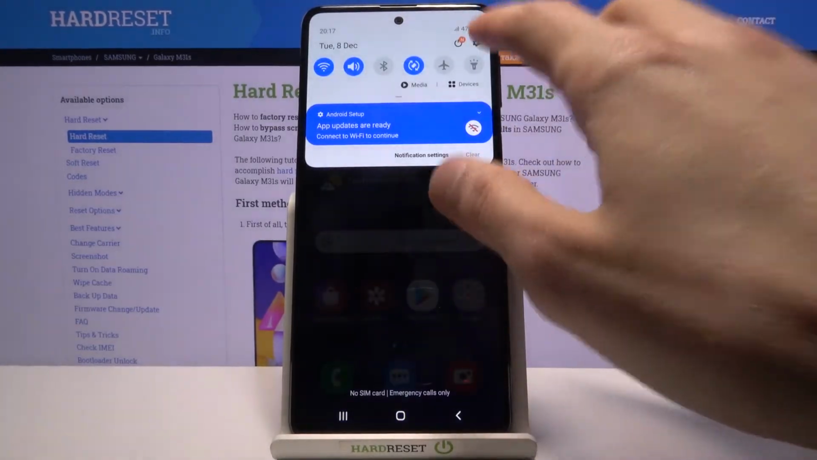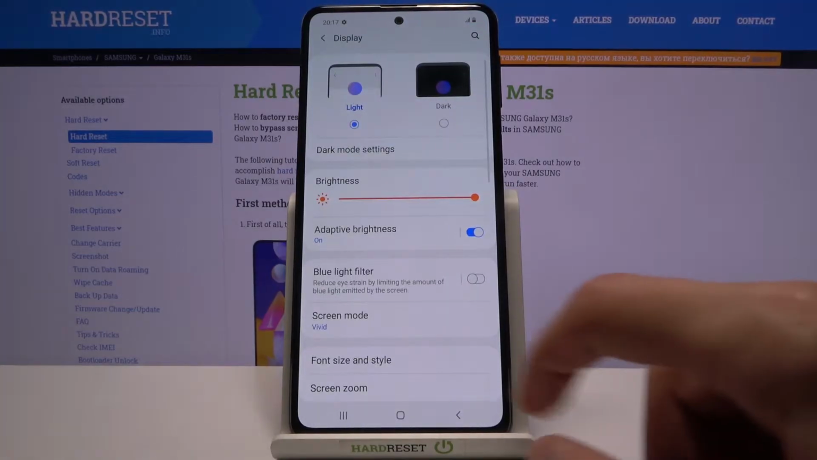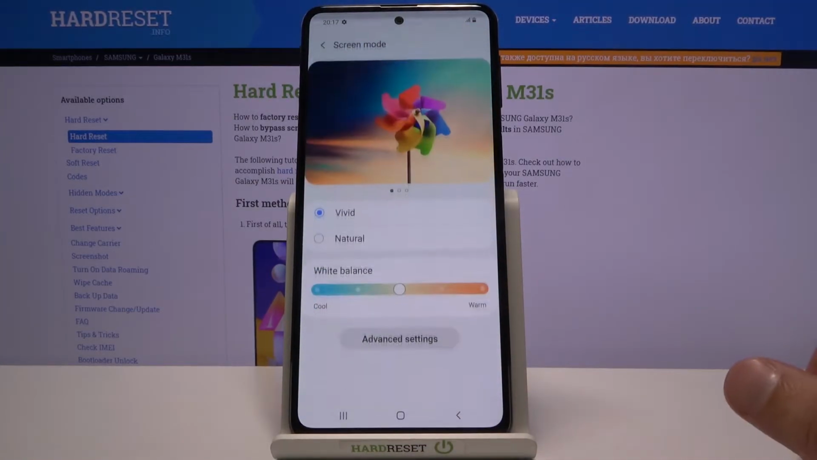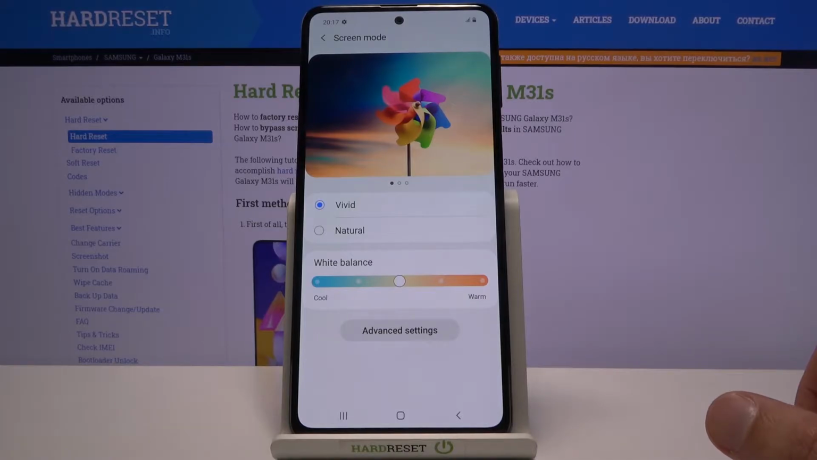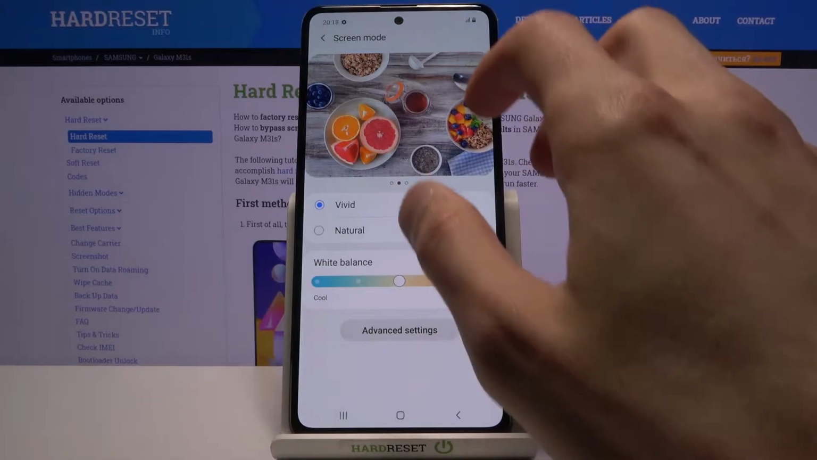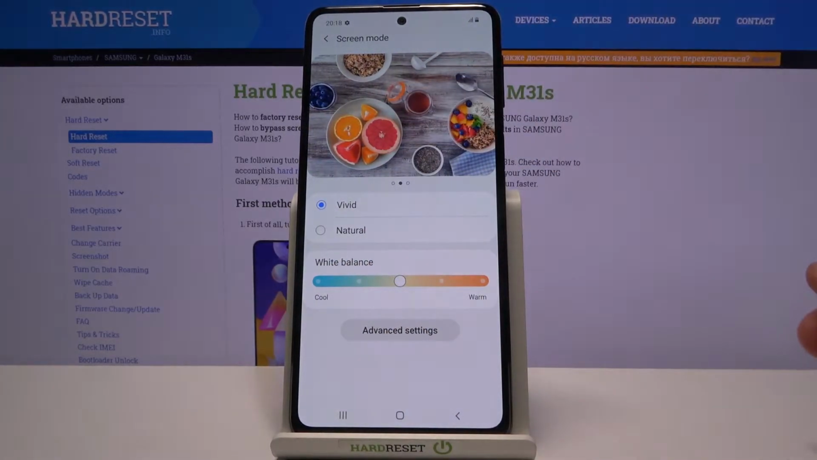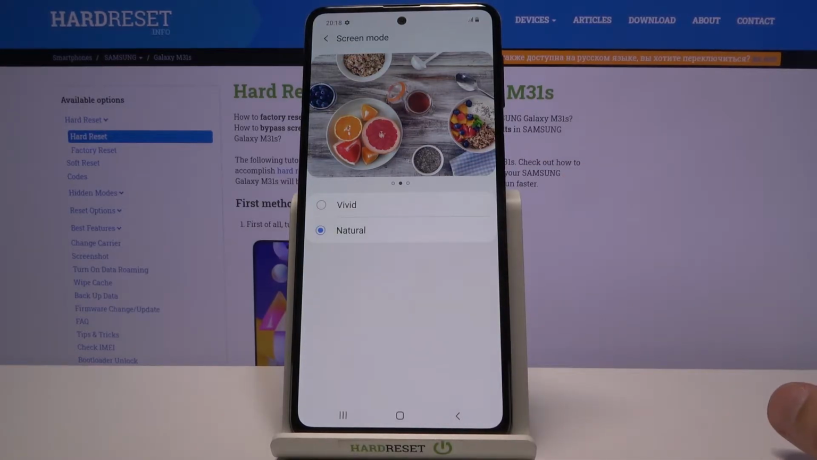So let's go into the settings, and from there, display. And in here you should see screen mode, and I believe default is always going to be vivid, which in certain cases may make the colors look a little bit too bright and vibrant. As you can, for instance, see right here, the orange especially is, I would say, almost too harsh to the eye. So if you prefer, you can drop it to natural, and colors may actually look